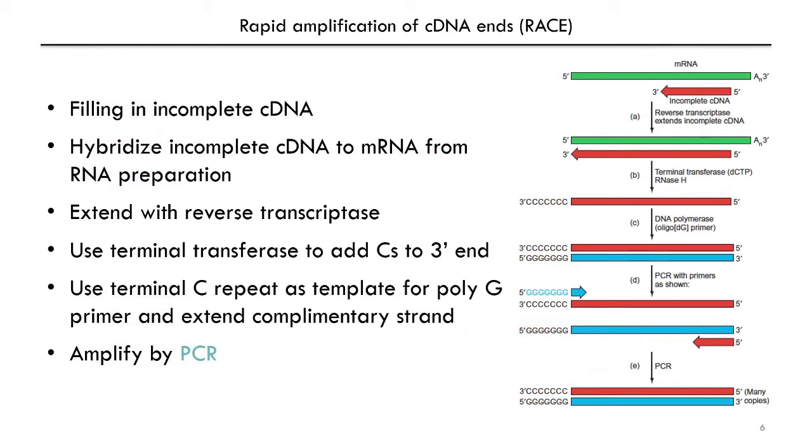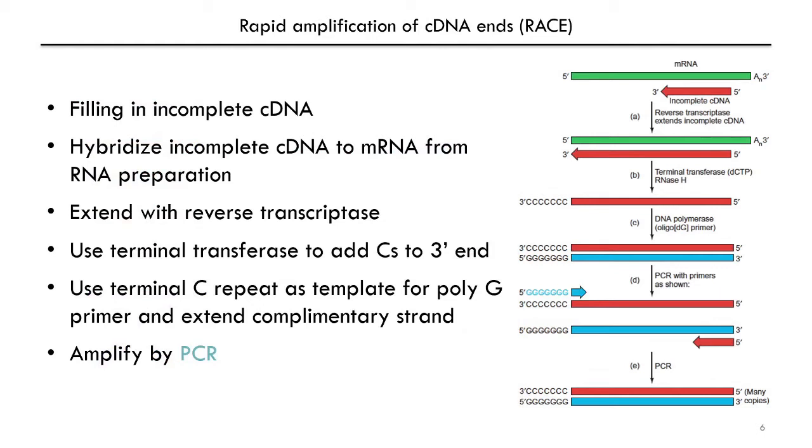Often this process of cloning cDNA is not perfect. You may not get the full-length cDNA copy of the mRNA. Shown here on this slide is a method to fix that, to fill in the missing DNA. It's called rapid amplification of cDNA ends, or RACE. Let's say you cloned your cDNA, and from your library you found the clone with the cDNA you were looking for, but it is missing a large piece of the gene because the reverse transcriptase did not finish copying the